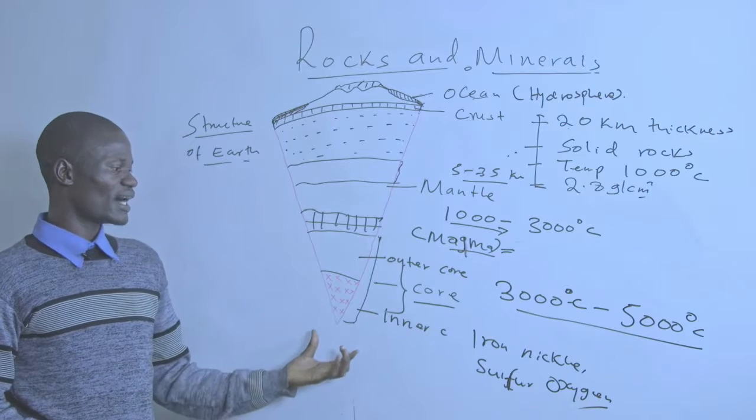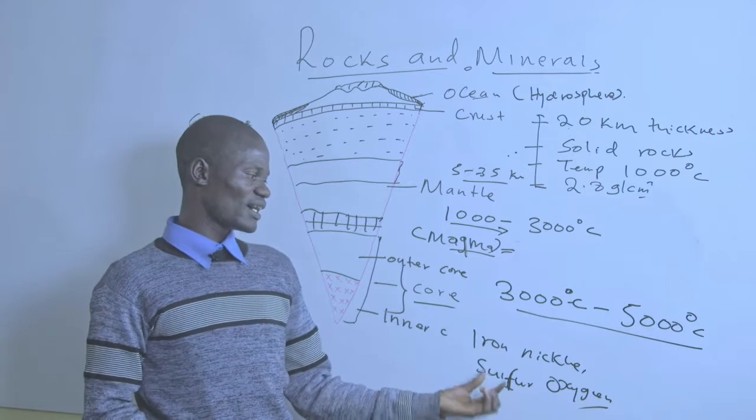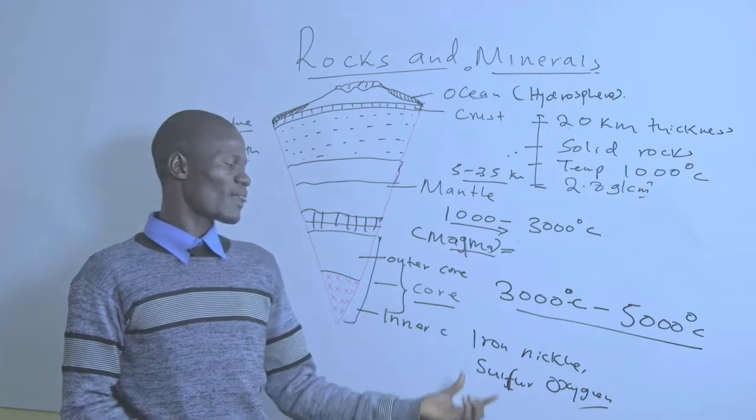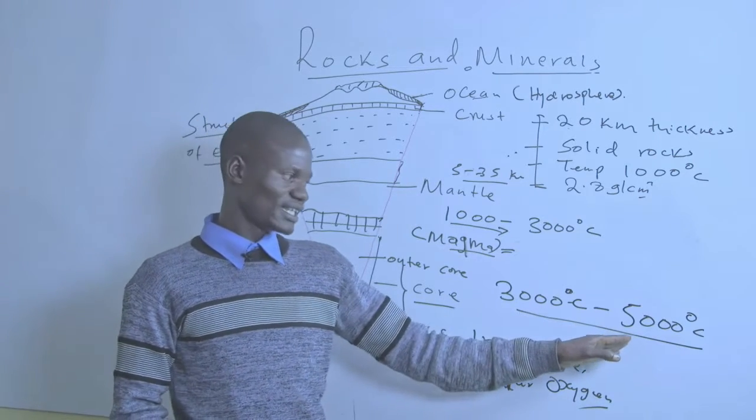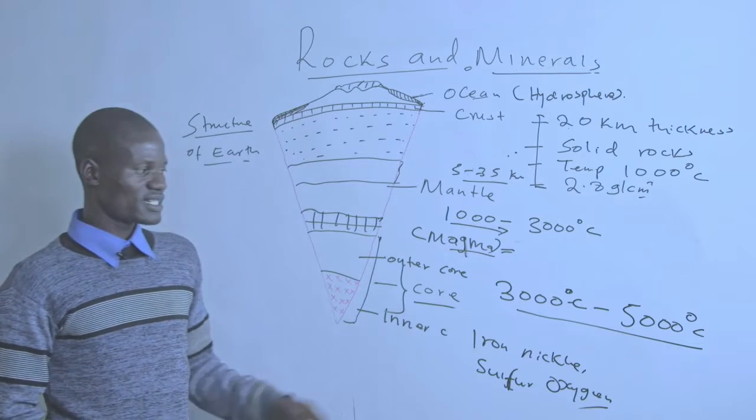Sulfur, iron, and oxygen require relatively higher temperatures, even beyond these 5,000 degrees Celsius, to